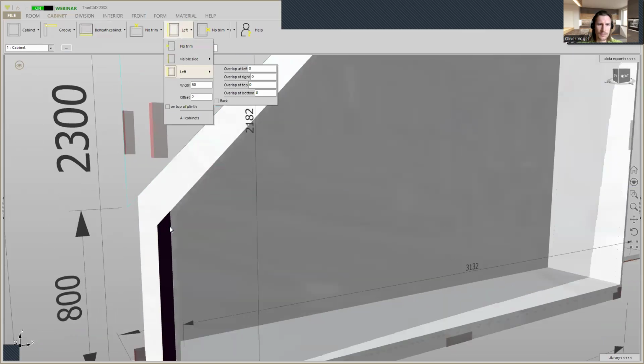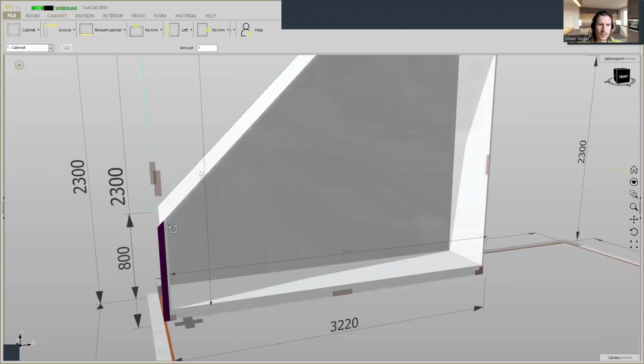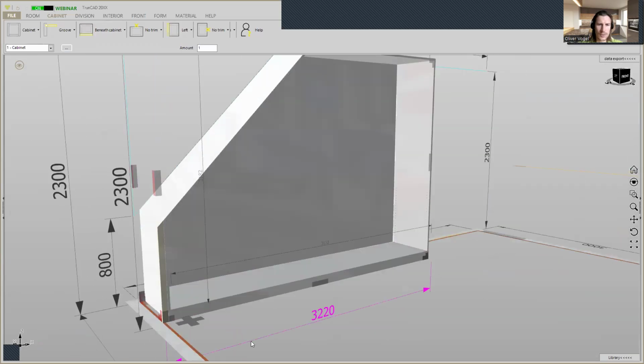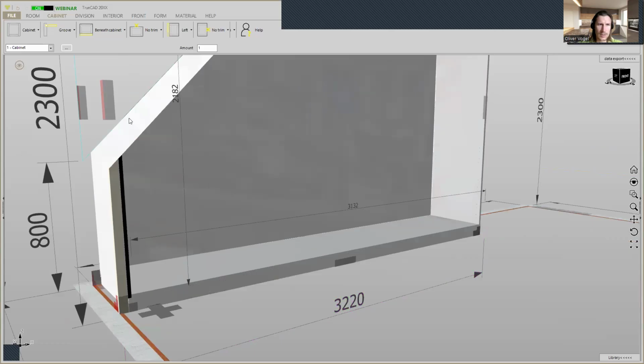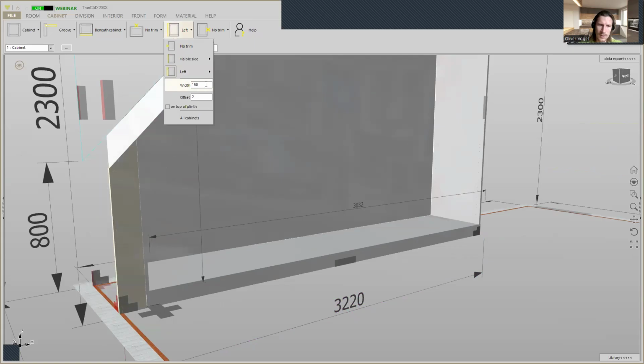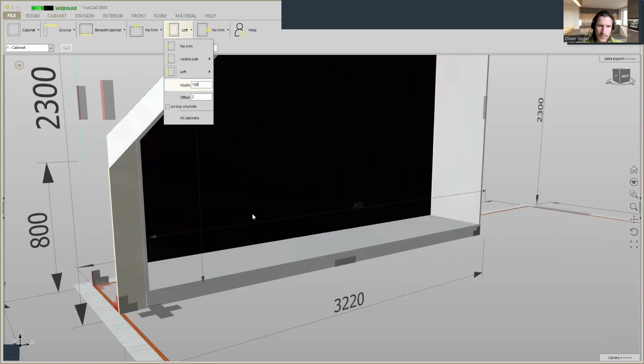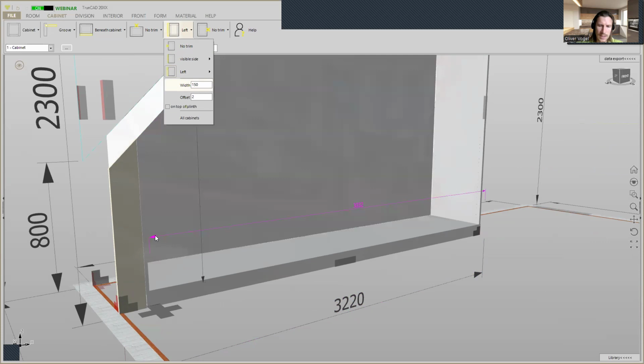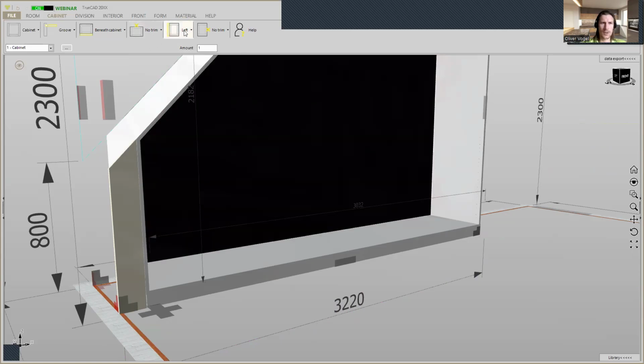You see the width of the cabinet, and if you define the width of the trim, the cabinet itself is getting smaller, but the trim belongs to the whole measurement of the cabinet. That is important to know and to consider from the beginning. So, okay, we set it up to 50